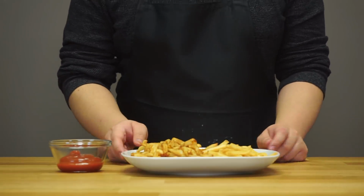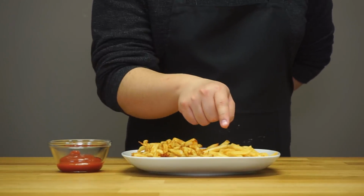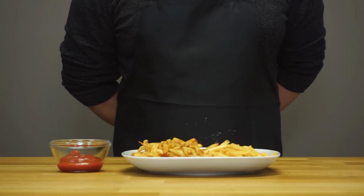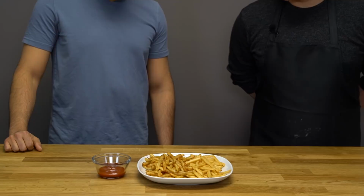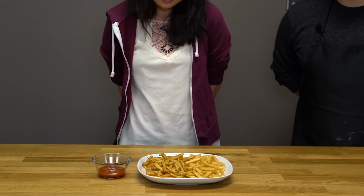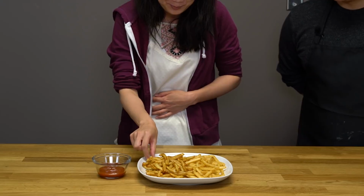We put together a little game for a couple of victims we're going to be bringing into the show. So here on this side we have our homemade version, and here we have the store-bought McDonald's French fry. And we're just going to bring them in and see which one they like better. Welcome to our show. Here we have two French fries. One is a store-bought McDonald's fry, and one is our special homemade fry. So we'd like you to try it out and give us your opinion on what you think is the better fry. I haven't had the fries in a while, but...